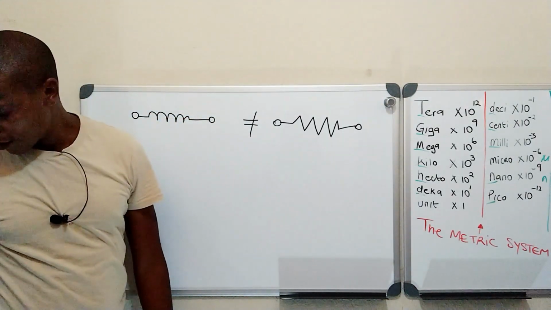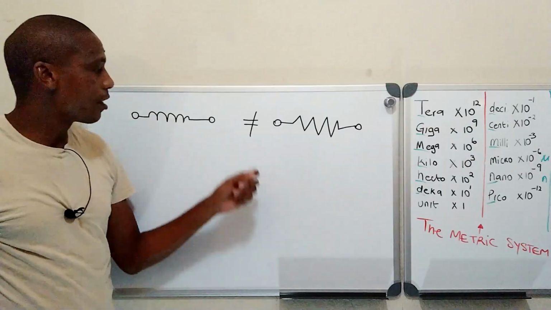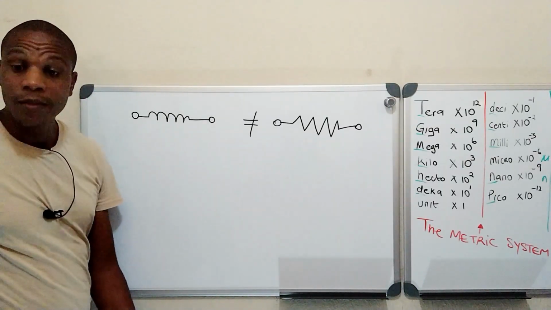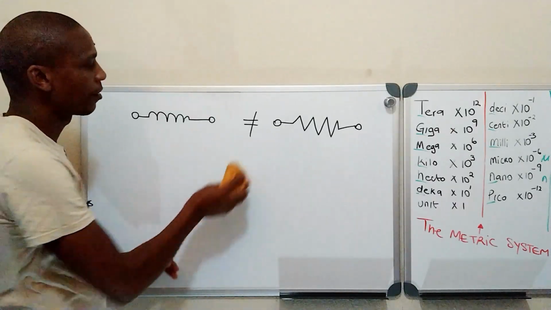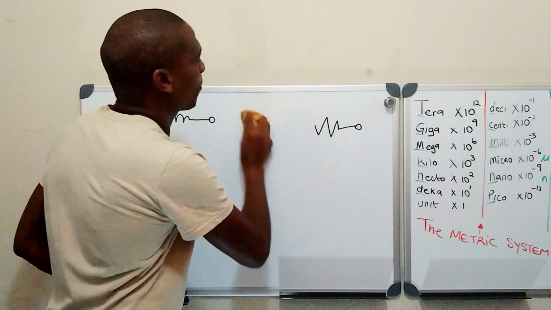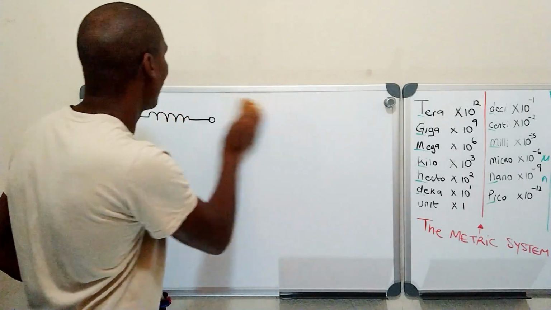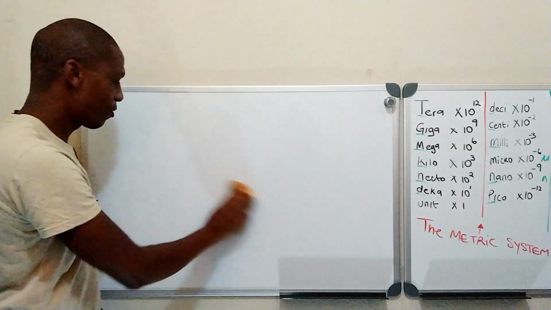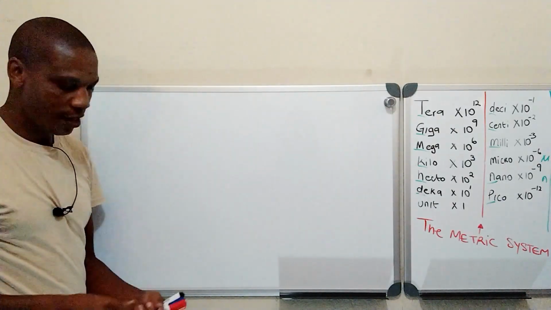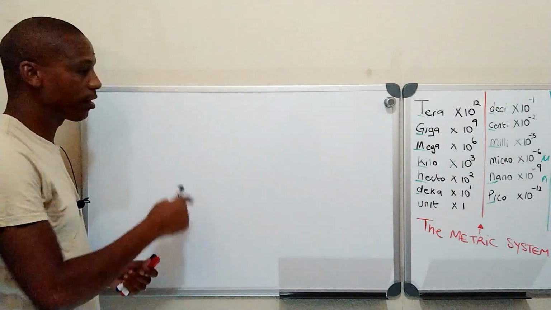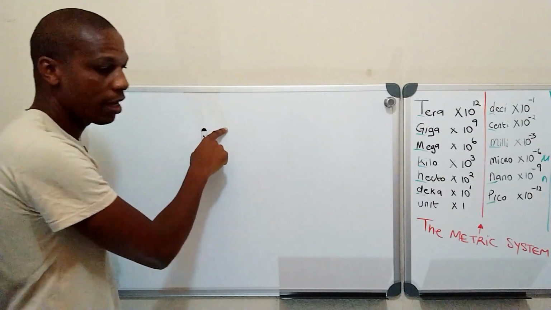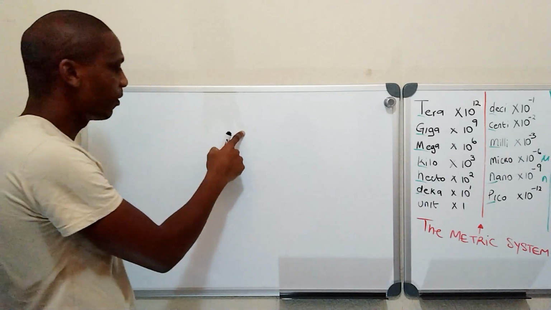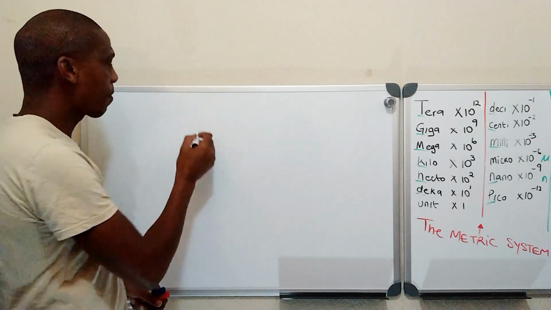What makes an inductor different from a resistor besides the symbol? No, besides the symbol, the functions. Why is the inductor different from a resistor? It's the function. A resistor, we said, limits the current, and it divides the voltage. But an inductor,